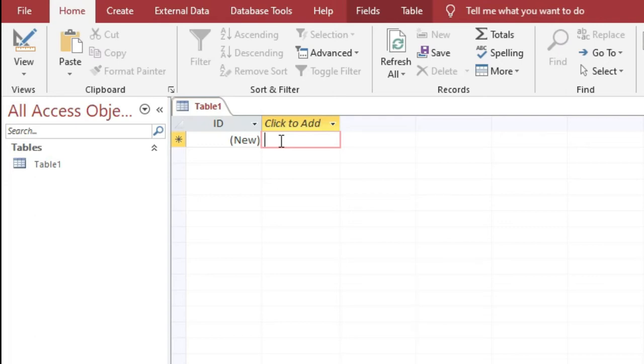Okay, remind that do not enter anything in the ID field. Okay, leave the ID field here, and start to input data from this cell.